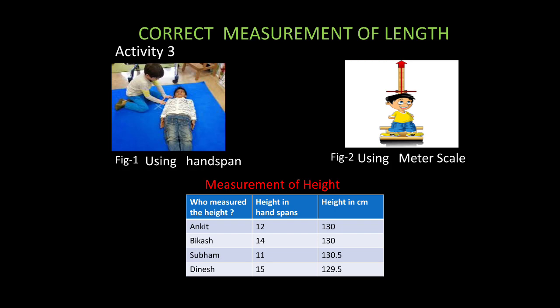In case of height measured using handspan, the difference is quite big, isn't it? Just think about 11 and 15. It is not correct at all. That is quite possible because the handspan may vary, right? But in case of height, it is almost accurate, almost equal. But that little error is possible, this could be due to small errors in taking the observation. In higher classes, we will learn about the importance of knowing and handling such errors in measurement. Don't worry. So, for your class, it is almost correct.